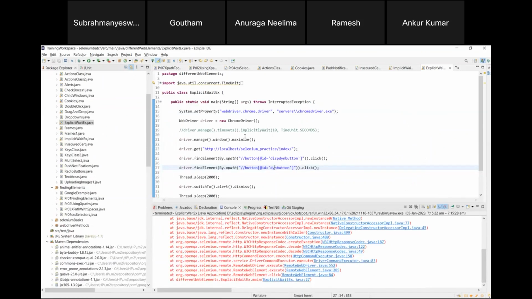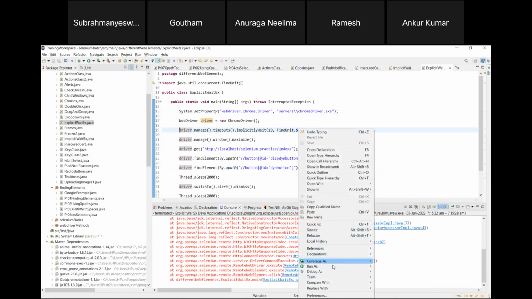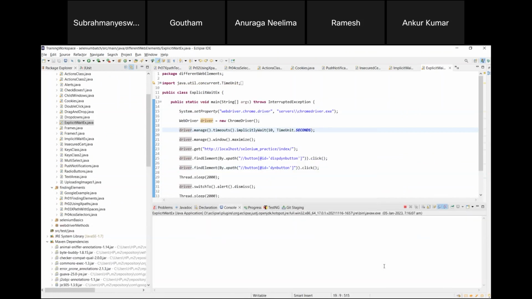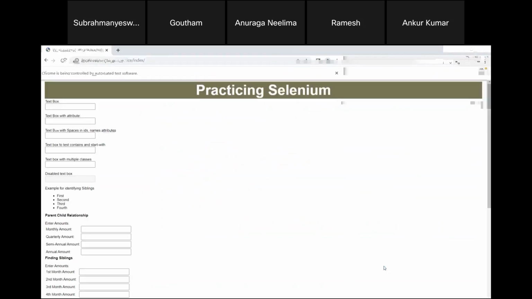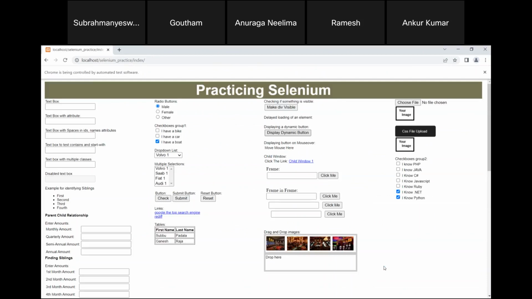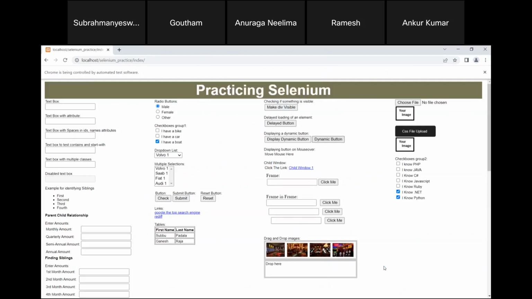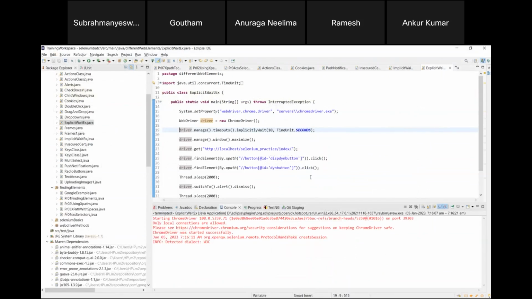Generally, whatever implicit wait you use will handle these situations also. Let us see if it is handling these situations or not. I have added the implicit wait here. Let me run it one more time. Yeah, so your implicit wait is taking care of this situation, but sometimes even the implicit wait